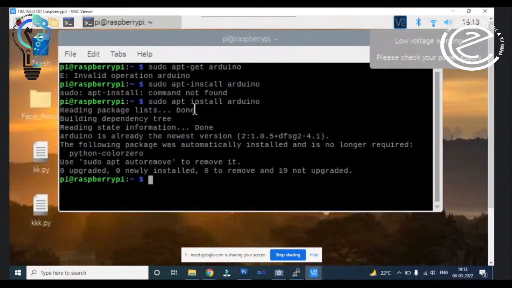If you want any software related to image processing, or if you want to install Python or OpenCV, then there is a complete guide. You can install OpenCV also, and you can see the version of OpenCV if you have already installed it. So if you are working on Python or OpenCV, then you can use this Raspberry Pi board, and this is the best board for users who are using Python. So we have these commands already installed for Arduino.